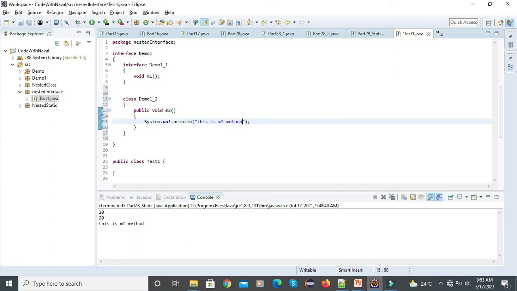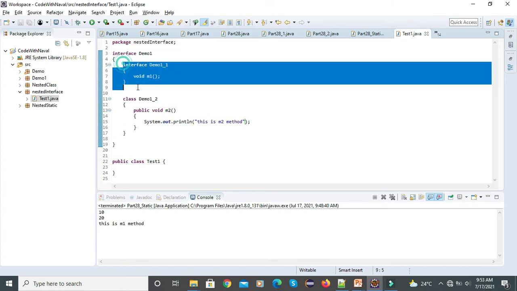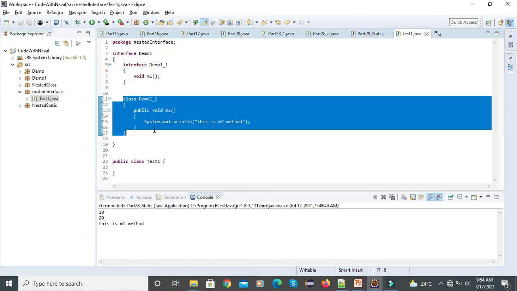That's it. Here we declare one outer interface, and inside the outer interface we define one inner interface and one inner class. Let's save this.